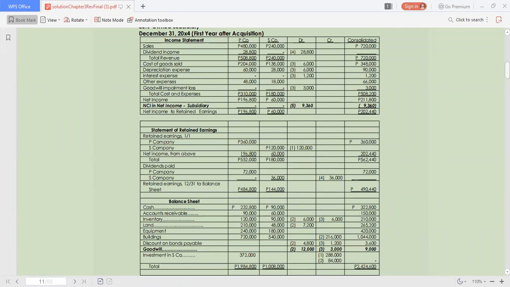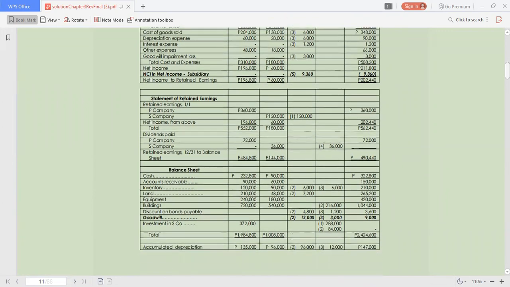We have to credit investment in S company for the amount of 288,000. Now that's for the investment account, and we now have another debit for